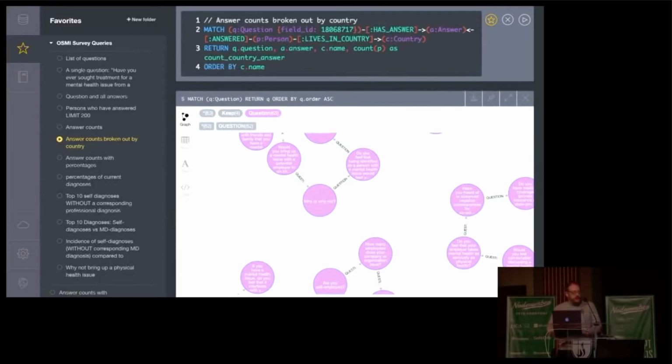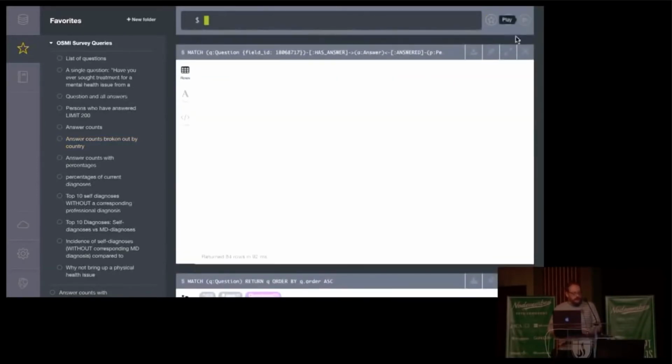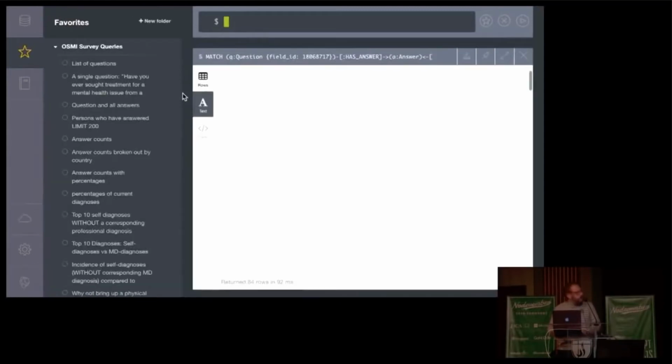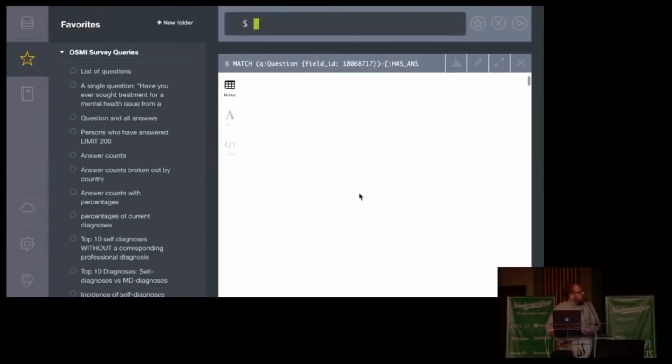Match question, has answer, answered, person, person, lives in country C. And let's do something even, that's not surprising, and a relatively easy one to answer. This just gives us rows, and I can't see anything on that. Let me see here. I think it might be a bug. I wonder if that's a bug with that guy. Let's see here. Let me see if I can change the